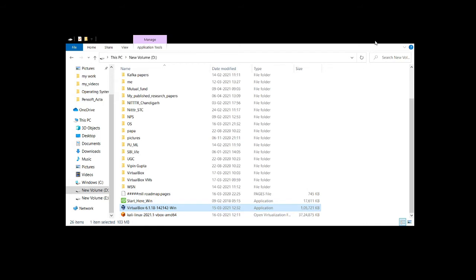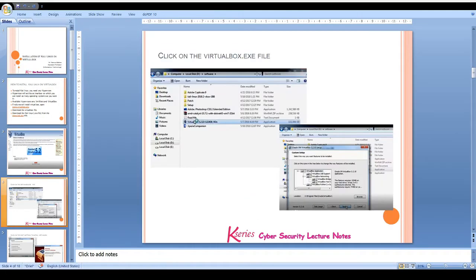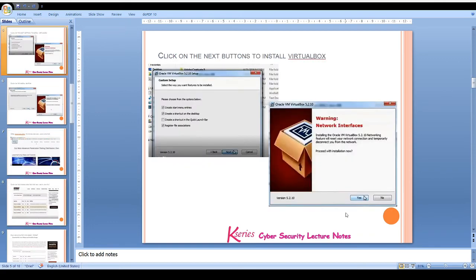Now back to the installation process. Click on the virtualbox.exe file. You will get this type of screen. Press next. Click on the next buttons to install your VirtualBox.